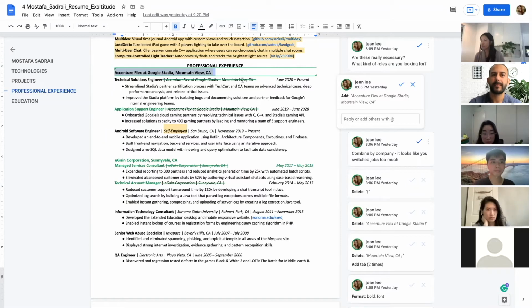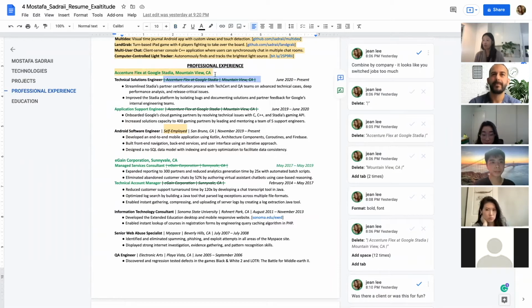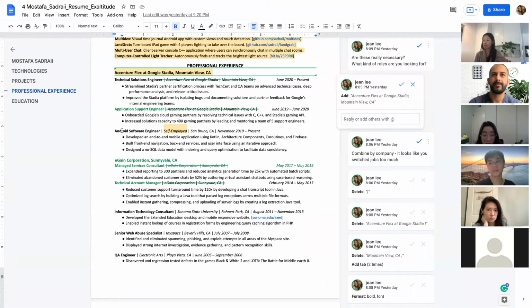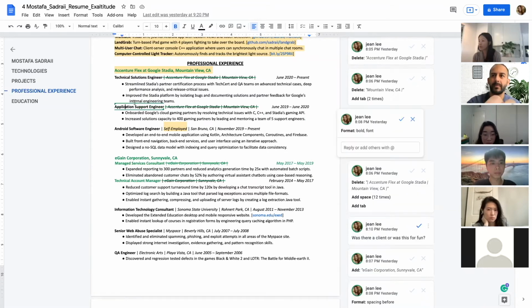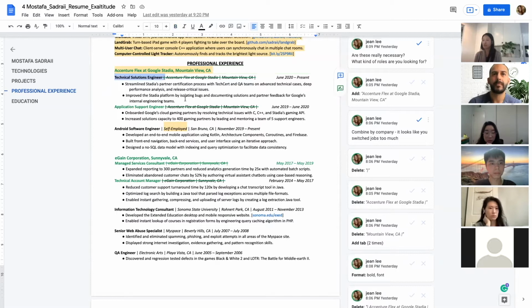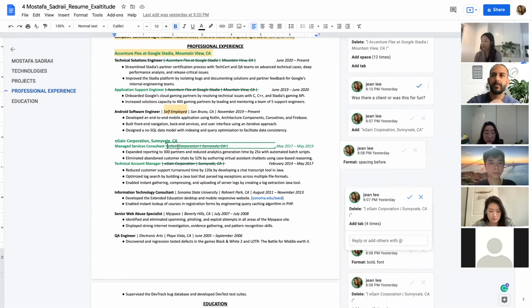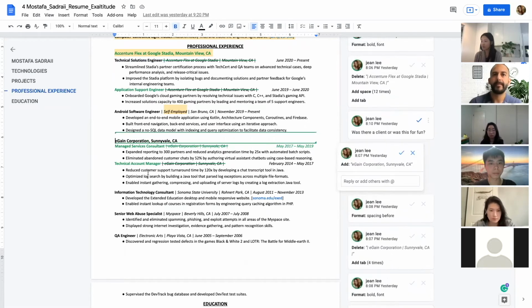So I removed the company name and the location, put it on top, and then grouped these two together to make it clear. Maybe add some more space here to make it clear that this was one company and you were able to grow with the company. I also bolded this to make it consistent. Like I mentioned earlier, if you decide you're going to bold all of your titles, you're going to bold all of your titles. So it doesn't matter what order you put, you could have the company names first, titles first, but whatever you do, just make it consistent so it's easy to process the information. Same thing with this, I pulled out the company name and then grouped these two together.